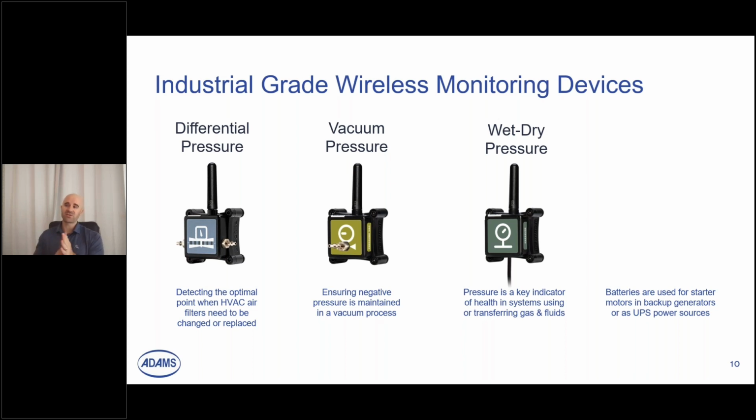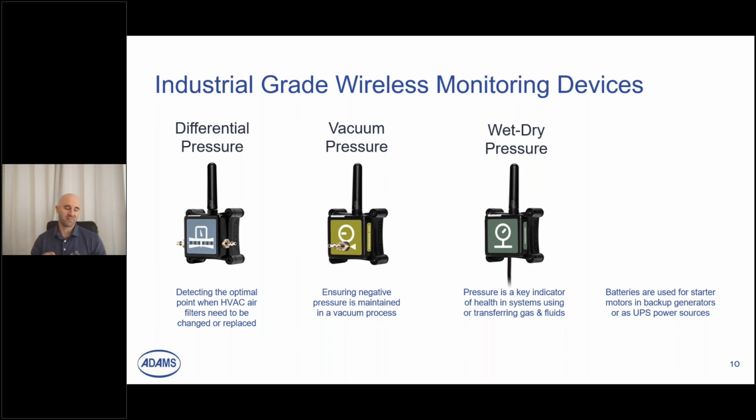3 different types of pressure sensors. So we have differential pressure, vacuum, and wet dry pressure. DP is really common in HVAC systems to determine when we need to change the filters. We've actually added DP sensors to a lot of bag houses for dust collection. So if we have pulse valves firing air and blasting dust off of these filter bags, and we need to determine when to fire the pulse valves based off of DP or when to change out the filter bags, then this is a great solution for a retrofit part of our dust collection kit